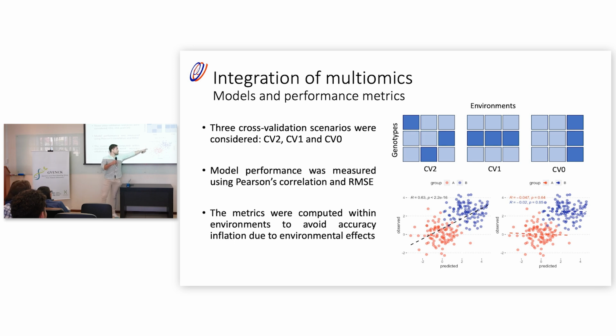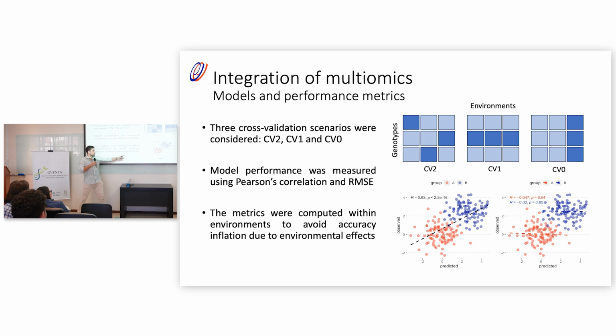It's 0.63, you have a really low p-value, everything seems to be perfect, your model is good, you are going to be promoted. What's the problem? The problem is that this is a spurious correlation. If you do the within-environment correlation, you will see that your correlation is 0, because you have nothing inside the environment. And that's an artifact called the Simpson paradox that affects a lot of models.